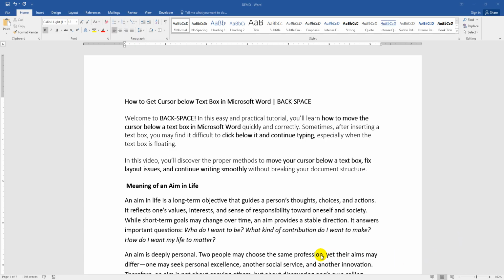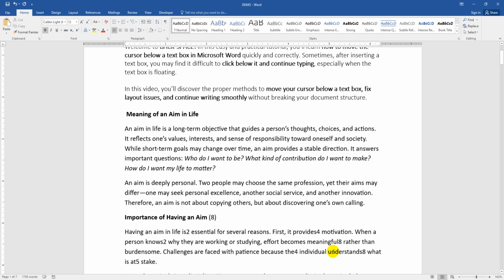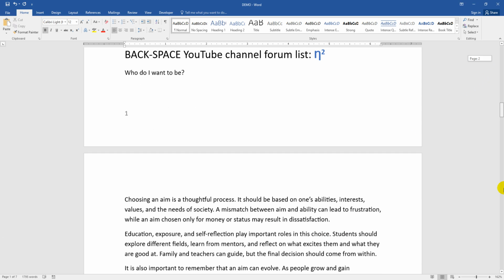In this video, we will discover the proper methods to move your cursor below a text box, fix layout issues, and continue writing smoothly without breaking your document structure. So let's get started. At first, you have to open your document. Now you can see